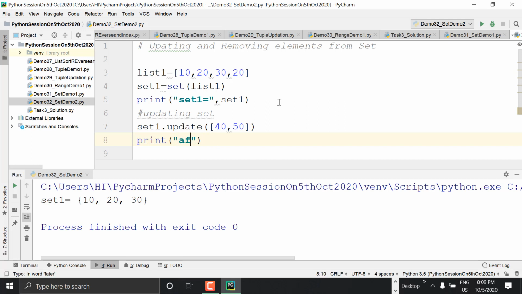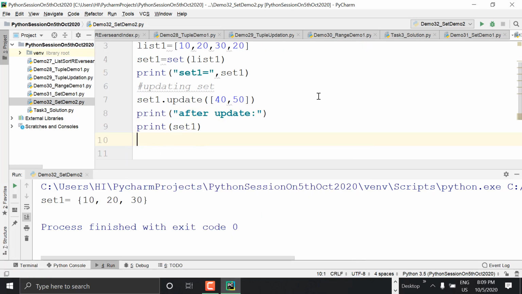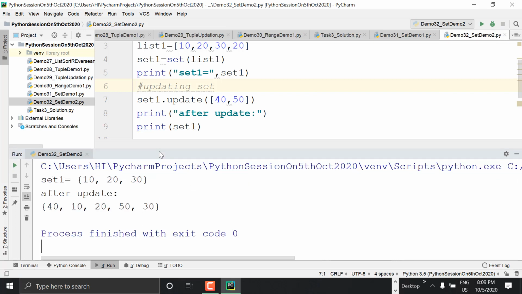Okay, now let's try to remove it. Let's take the same. Now I need to remove 50. set1.remove of 50. After remove, see the output now.